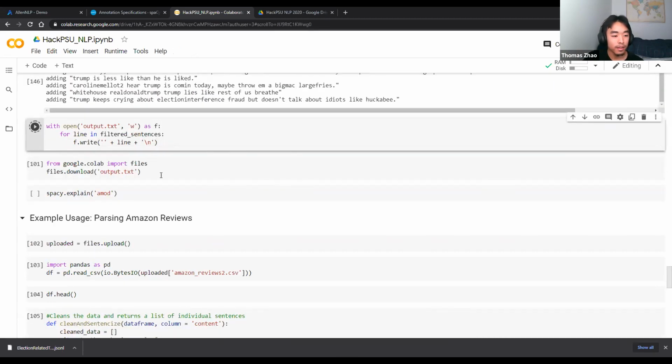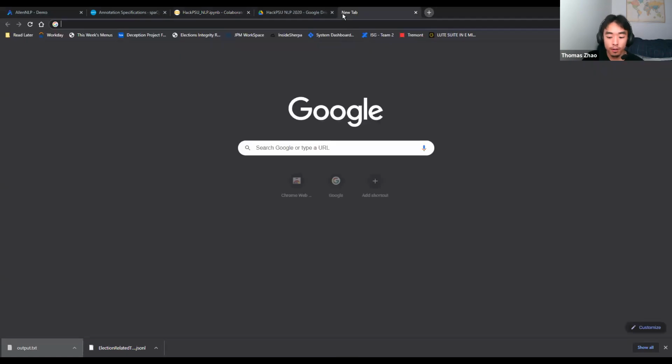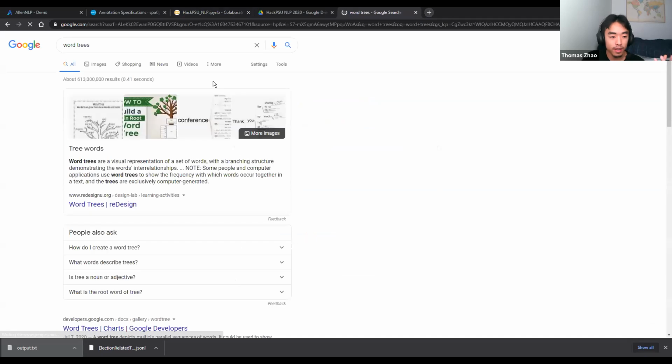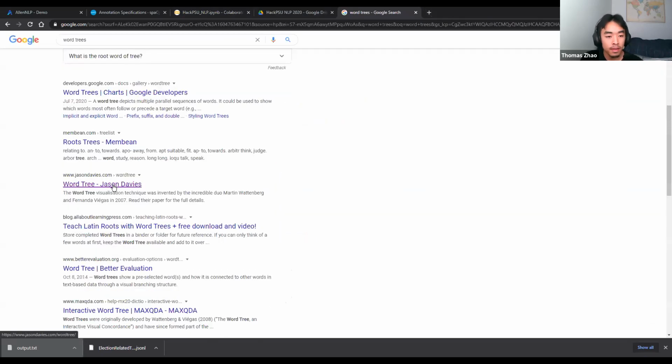Now I'm going to download the output here. So we have all these sentences. Now there's this cool website called Wordtree, and I'm going to use it for visualization.